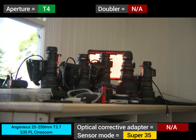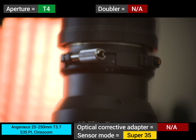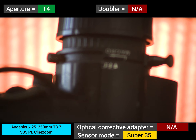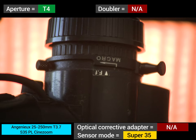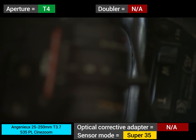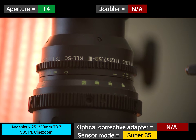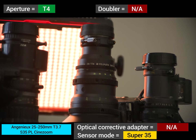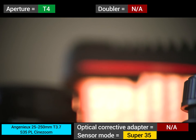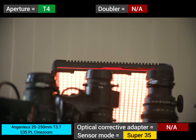Drop down to about T4. See if it sharpens up. A significant reduction, a little bit of reduction in murkiness. Very shallow depth of field. Nice contrast, not so much veil and flare. We're just fighting with that minimum focus distance a bit because it is a very, very old Cine zoom. So that's T4,